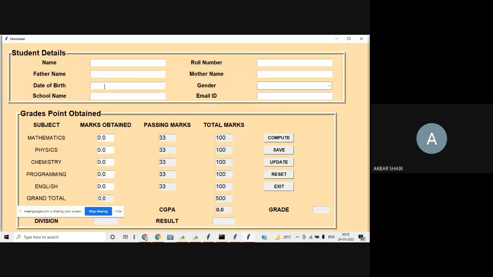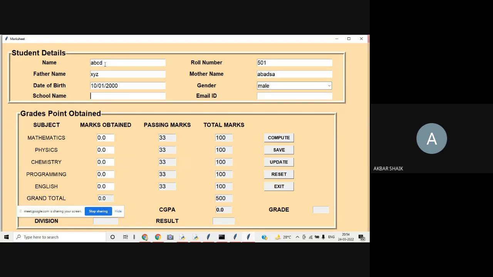So here, name, I'm giving some ABCD student name, roll number 501. Father name, something XYZ, mother name, something, date of birth, some 10/1/2000, gender male,